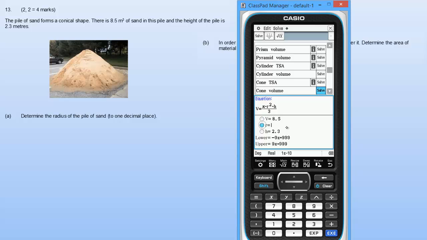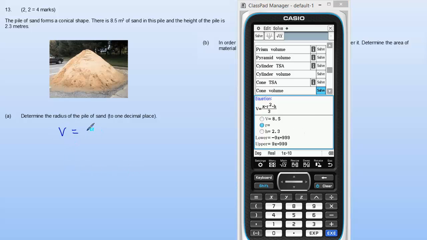So we're trying to find the radius. Now before I do that, I'm going to write down the formula. I think this is good practice to do, and even substitute in. So 8.5 equals pi times r squared times 2.3, all divided by 3, and then we can just give the value of r. Remember, it's only 2 marks, so we can just use the activity,